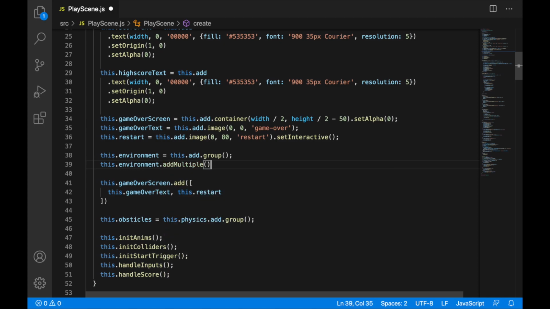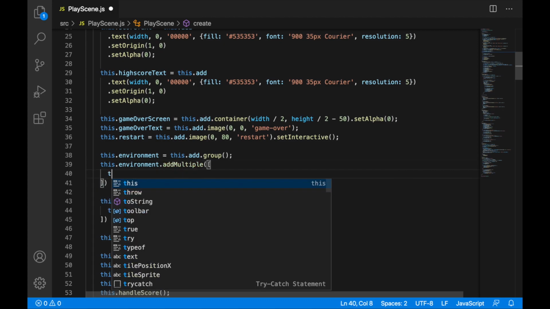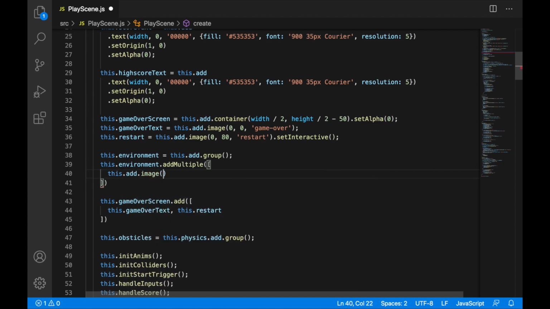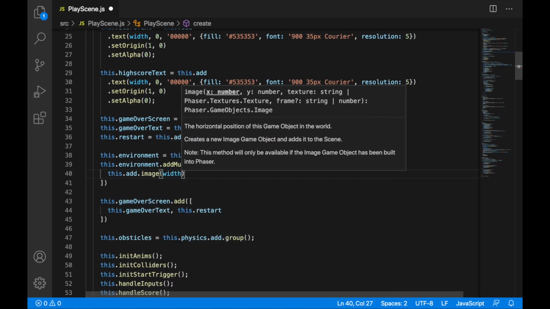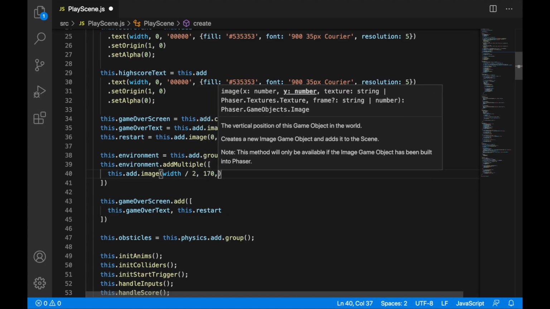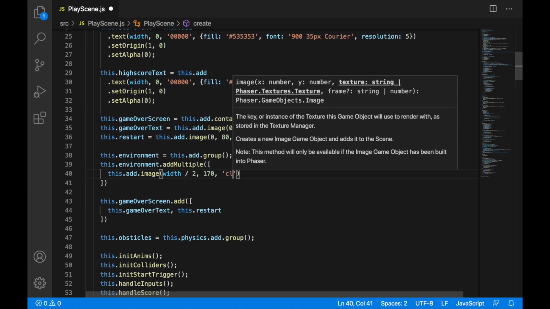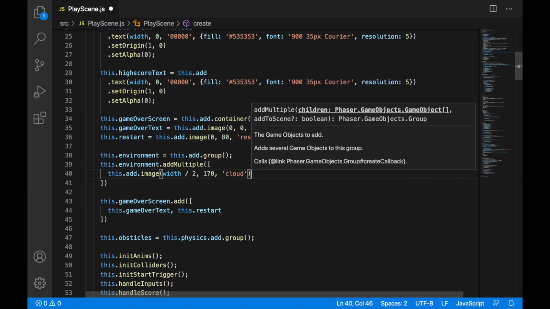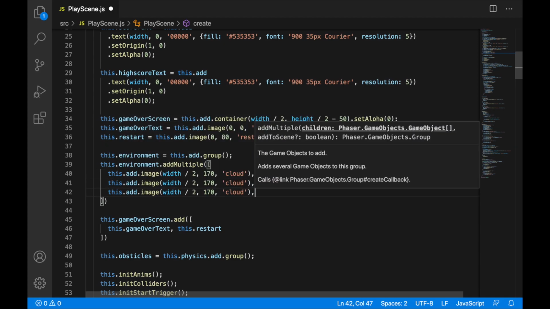We'll add multiple objects into the environment group, and we'll add this.add.image at the coordinates of the width divided by 2. This will be the X position, Y position will be 170, I don't know why, but that's a good position, you will see. Then the cloud, so add the cloud, and we'll add the 3 clouds, but we'll change